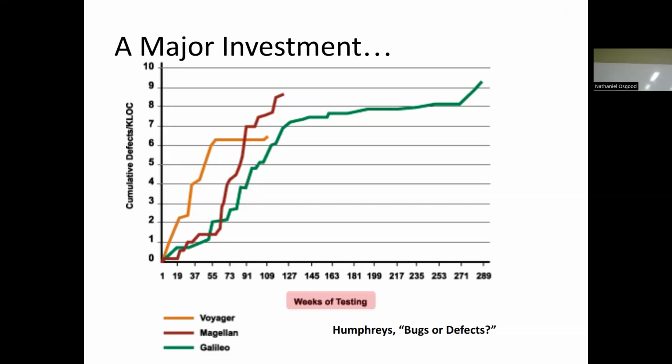Look at Magellan, right? It kind of goes up, flat. You may say, well, it's not that long ago. That's like a couple months at least, right? And then suddenly it's like, okay, they're onto something. And then it slows a little bit. Oh, they're onto something. And one of the things you find if you look at the literature, and I believe this was strongly true from what I understand about the historic context in NASA, is they would find things in bursts. So they would find a certain class of defects